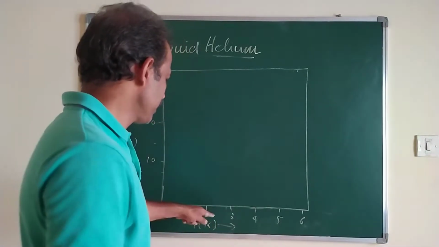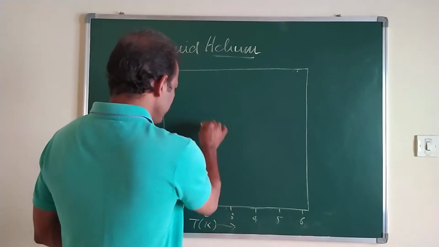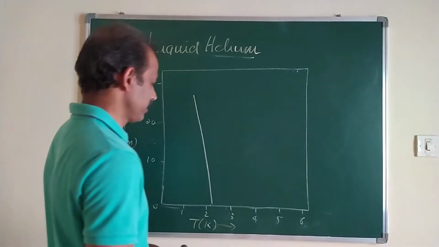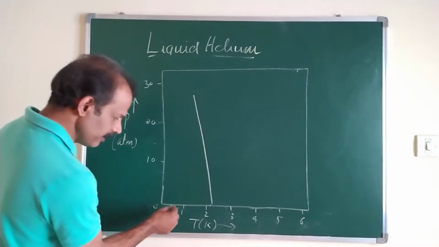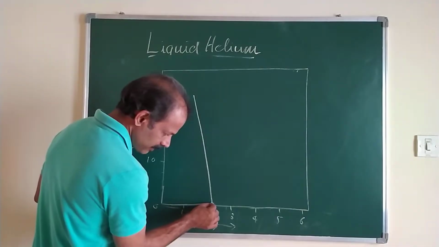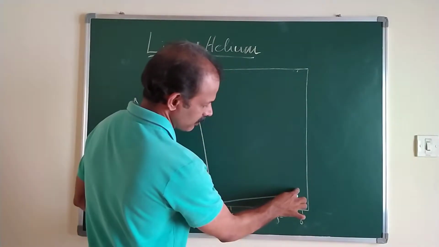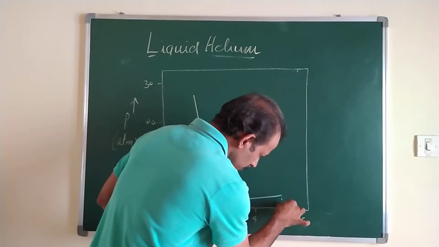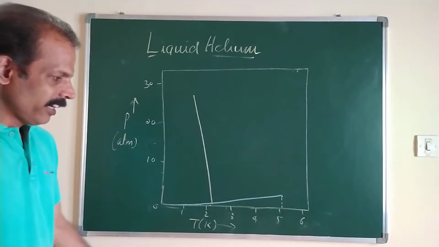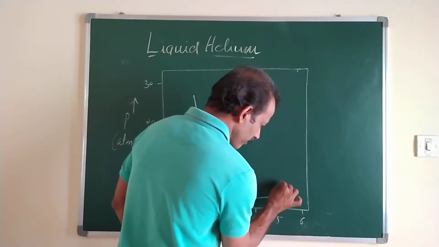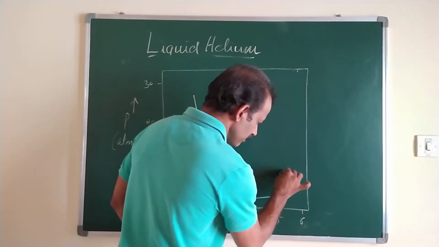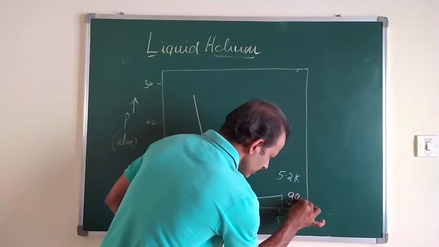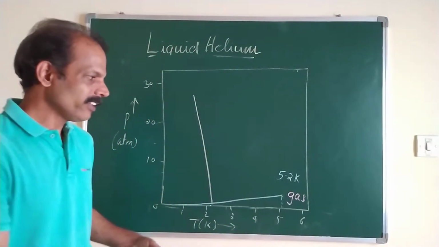At 2.17 Kelvin, a transition occurs, and as the temperature increases and reaches 5.2 Kelvin, at this temperature, helium exists as gas. 5.2 Kelvin and